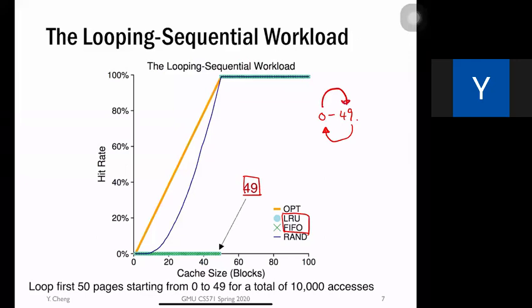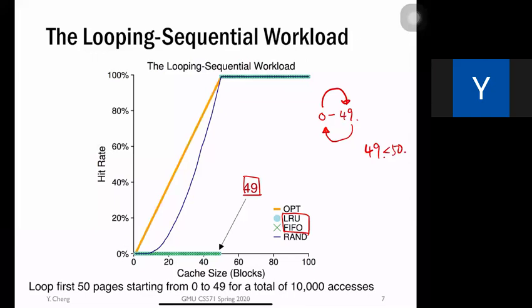So how LRU works is it tries to cache the very first however many items. But say we're talking about a cache capacity of 49 instead of 50,